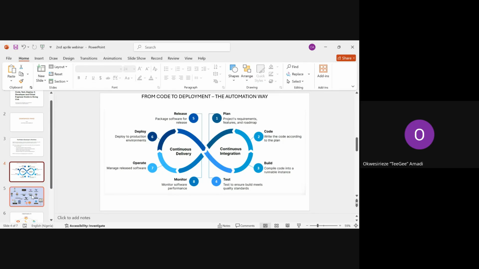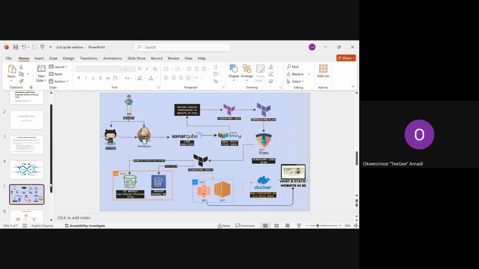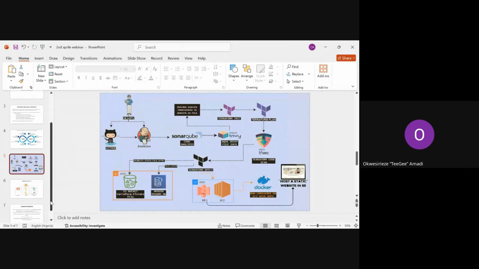So let's go and talk about the tools proper. I will walk you through them, starting from GitHub. Obviously, before it reaches GitHub, it goes from the developer's local PC, then it goes to GitHub. I believe the former speaker has talked about GitHub. So from GitHub,